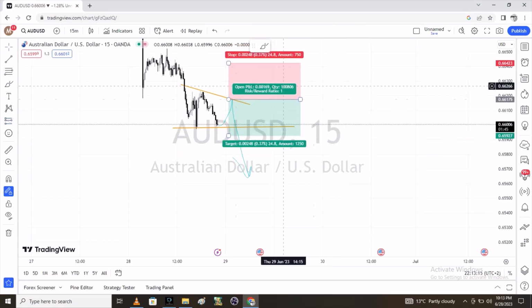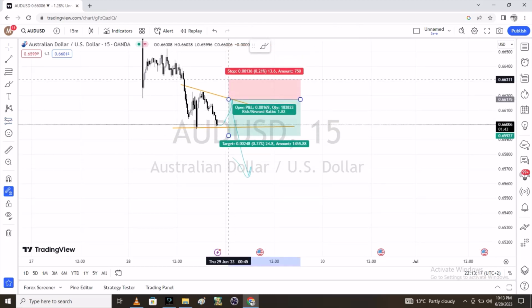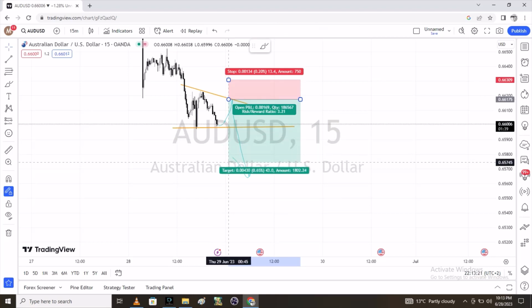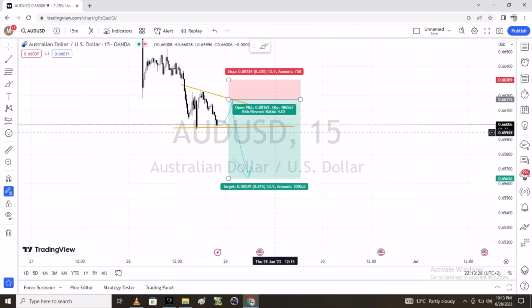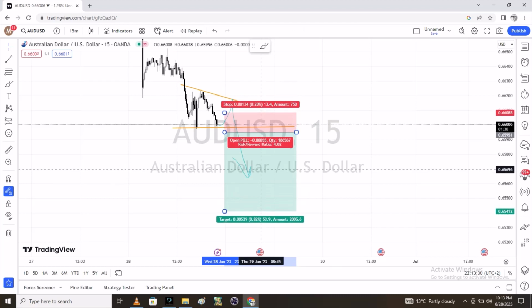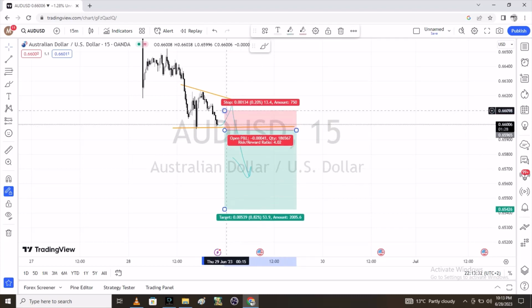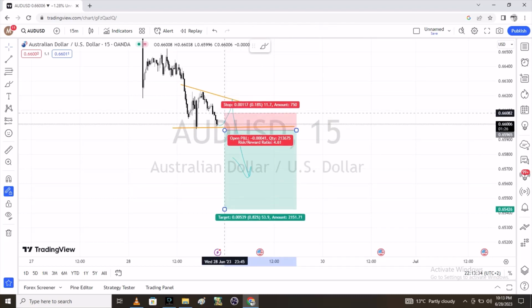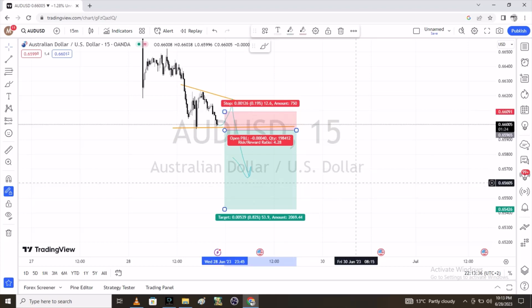So I'll be waiting to take my sales when the market does get to that top area, and I'll be looking for a minimum 1:3, but I might go for a 1:4, because in the long run, I'm expecting the market to actually go to my current lowest point that I marked in the daily. Or I might also wait for the market to break down that